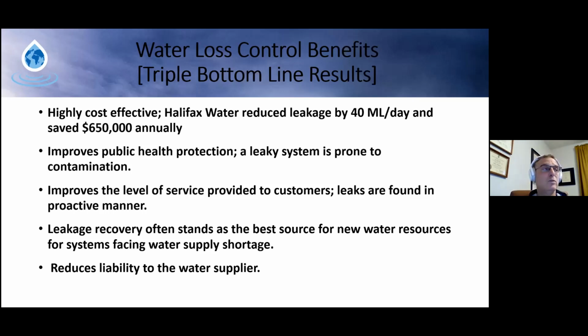What we often do is find the leak one day, and once we've pinpointed it, our crews go around and knock on the customers' doors the day before they come to the site and say, we're coming tomorrow to fix the leak. If you need to take off some water, we advise you to draw it off in the morning before we